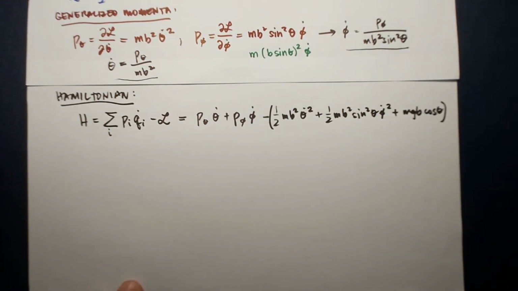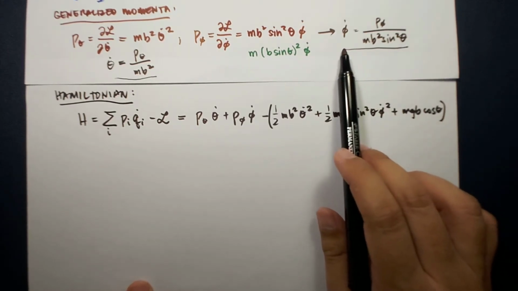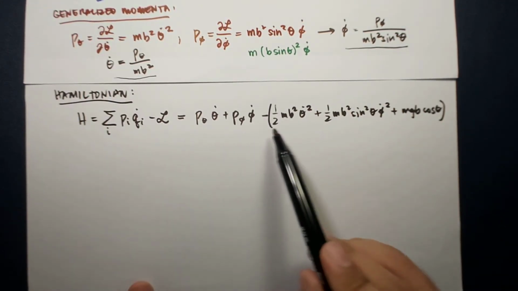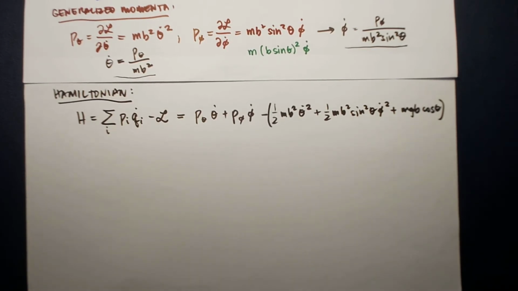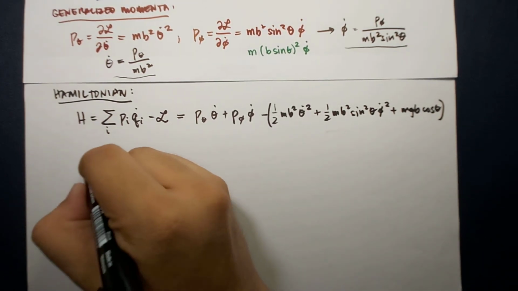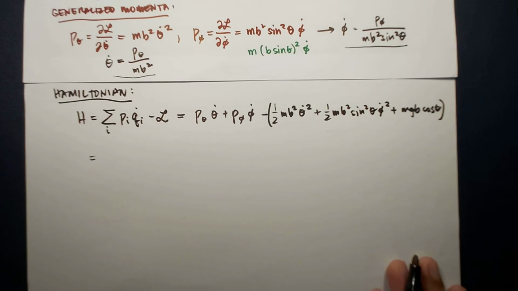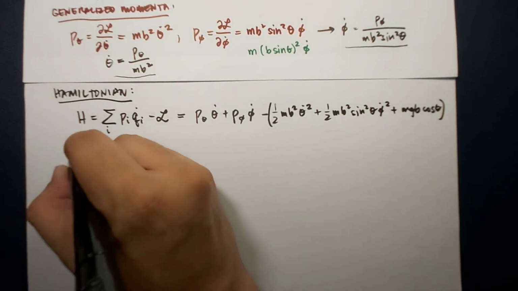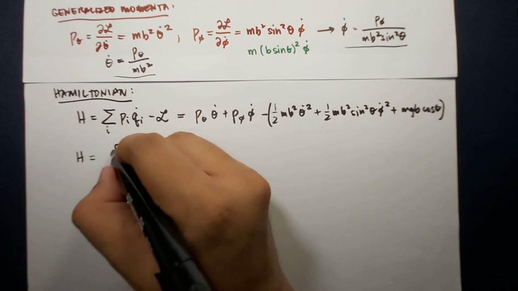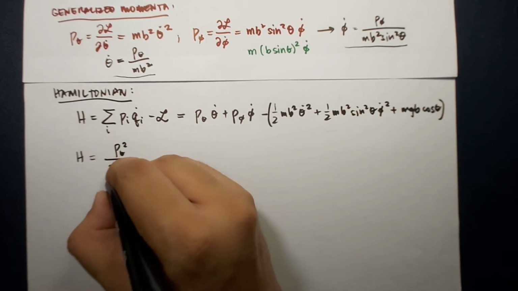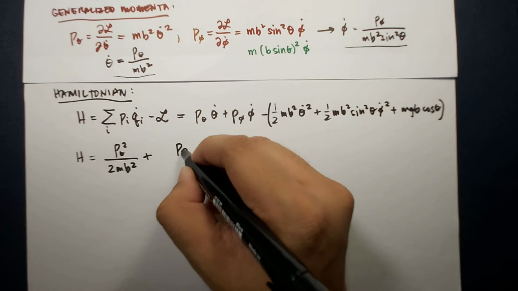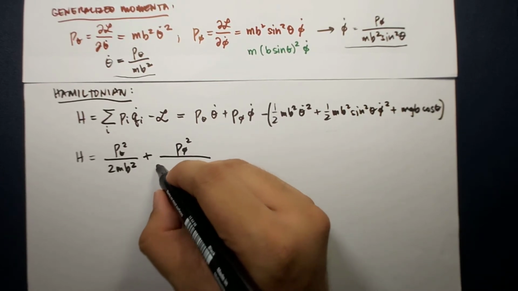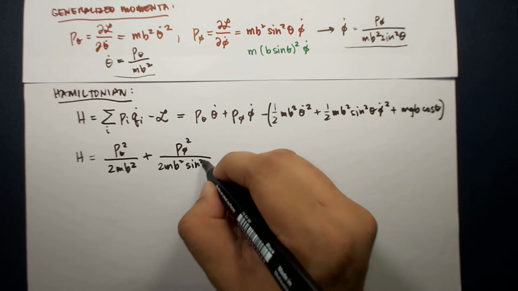So substituting our phi dot and theta dot in this equation, you can do the algebra later, we now have P phi squared over 2 m b squared plus P phi squared over 2 m b squared sine squared theta